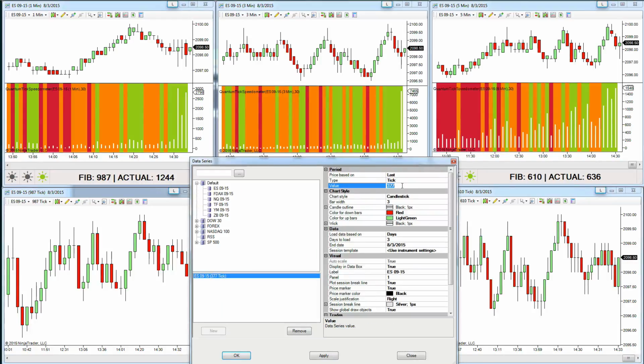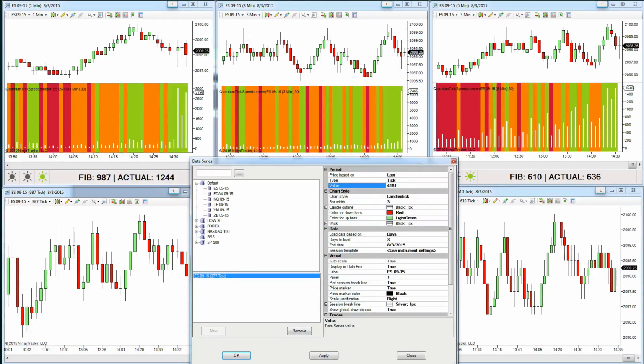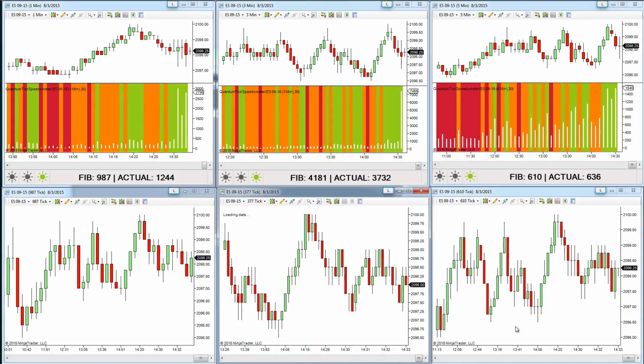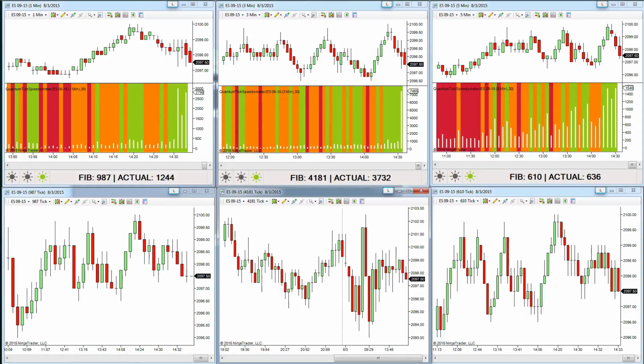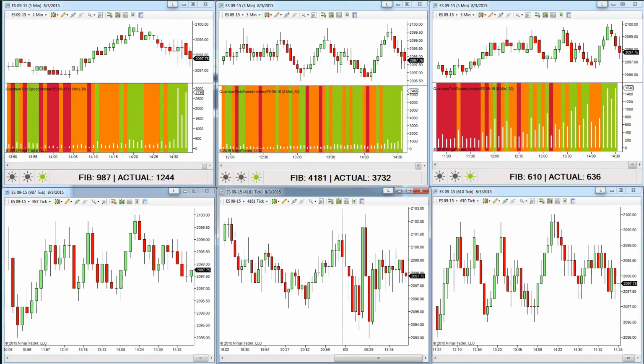Just going to amend that through the data series. Now we're up to, you can see the dramatic increase. We've gone up to over 4,000 ticks on a 3-minute chart, as opposed to the previous setting, which was in the 300 to 400 tick region. And this is the dramatic change that you see in terms of the tick chart and the settings and the chart you need to be trading when you're trading on the exchange, when the exchange is open, as opposed to